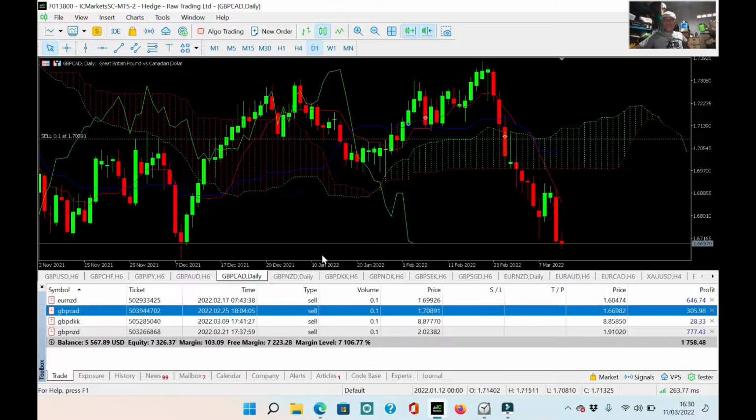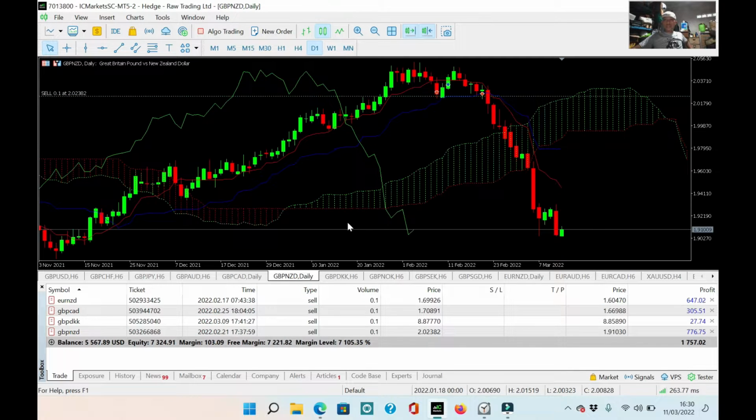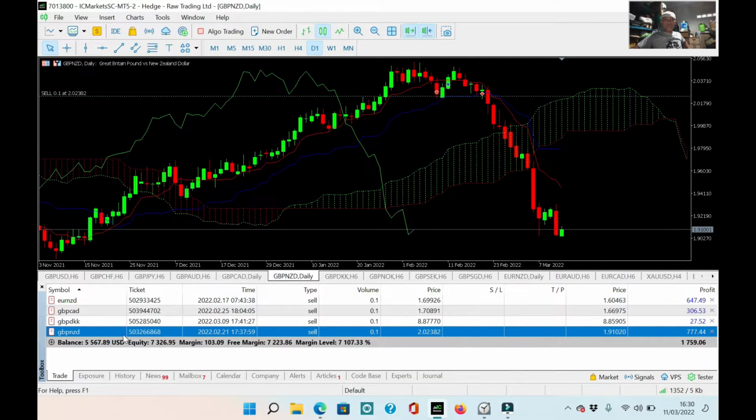Sorry, I continue again. So the next trade is this one. This one is Pound sterling New Zealand dollar. I keep this trade. This is since the 21st of February. So this one is more than a week, around 10 days, almost 2 weeks. And now still floating profit